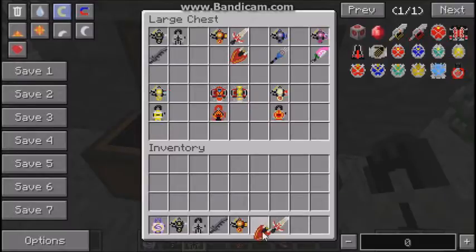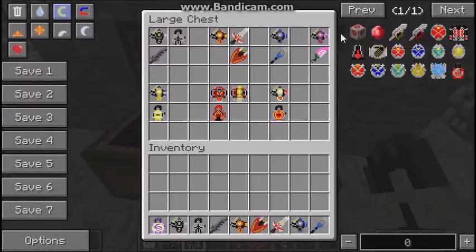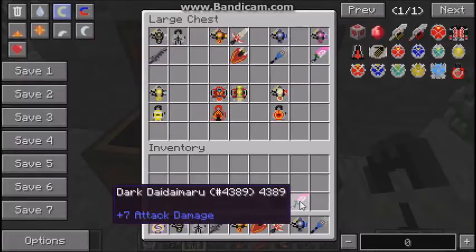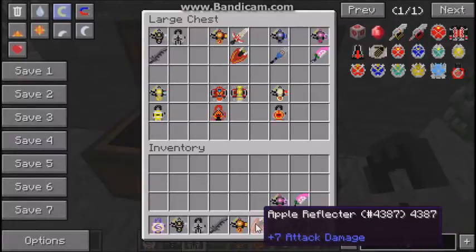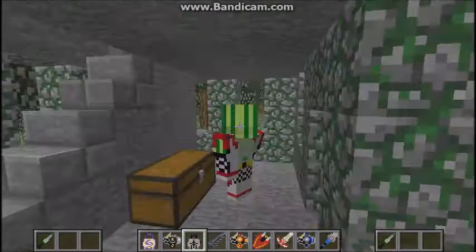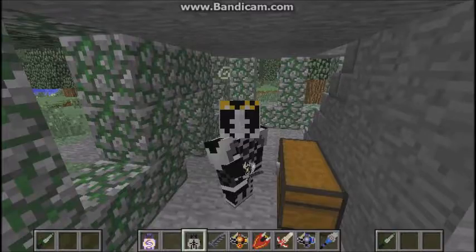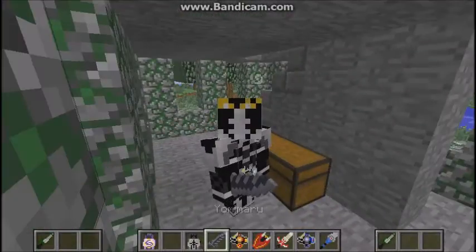But anyway, we now have Kamen Rider 15 and his Yomaru, Kamen Rider Kamuro and his Sojinju, Kamen Rider Gaim, Kamen Rider Jam, sorry, and his Dark Dai Maru, and Kamen Rider Mars and his Apple Reflector and Sword Bringer. So let's switch out the drivers, and first off look at Kamen Rider 15 and his Yomi Maru, which I want to say means like Underworld Blade or something, which is a really cool looking sword, has a skeletal motif,